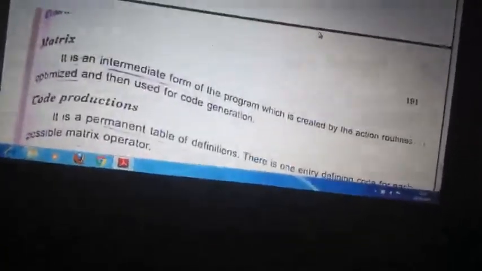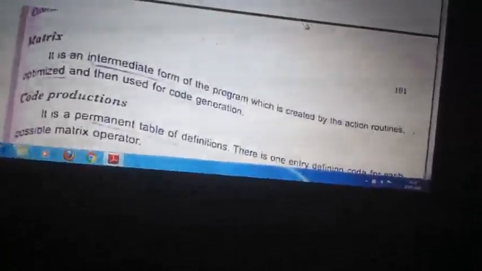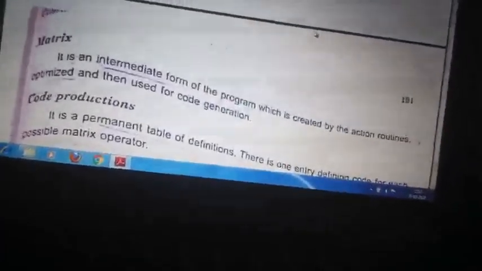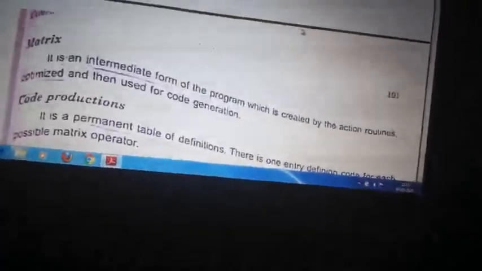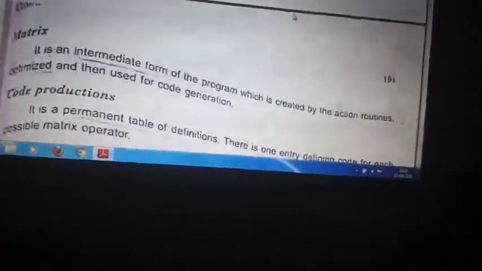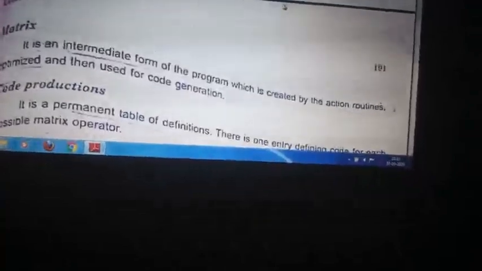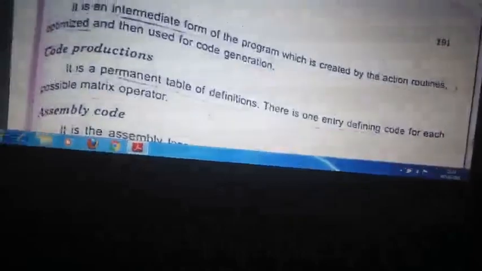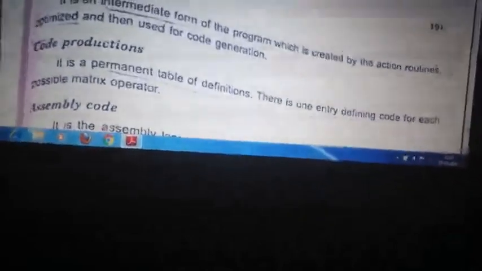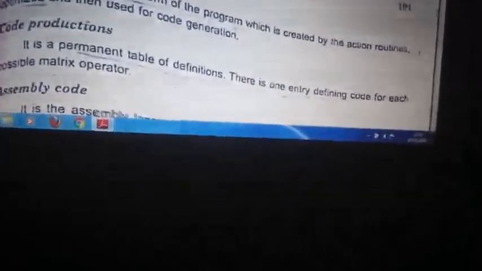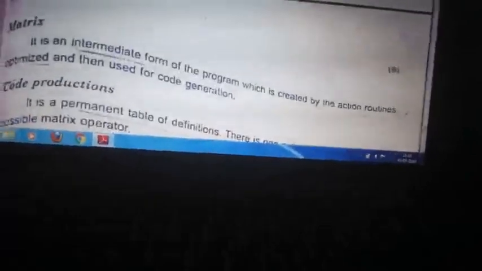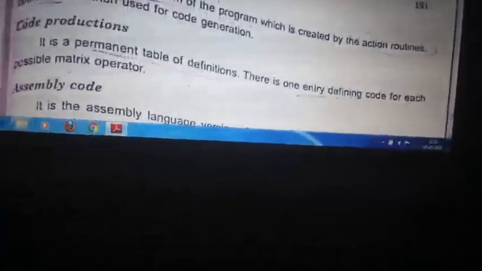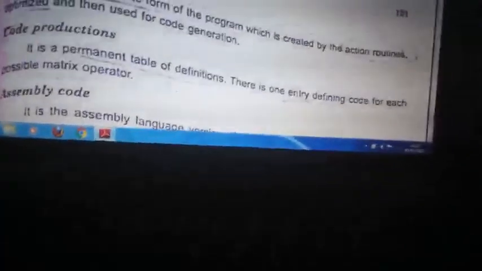Next, there is the matrix, which is used to create an intermediate code. The matrix is created line by line by an action routine. What action to be taken? Whenever you create it, you will get an object or an operator. With the help of that, you can call the code production table to get the definition of that. It is a permanent table where you have the details of an operator, so that whenever the matrix is created, you get the operator and it acts as a call to the code production table, and you get the statement of that operation.